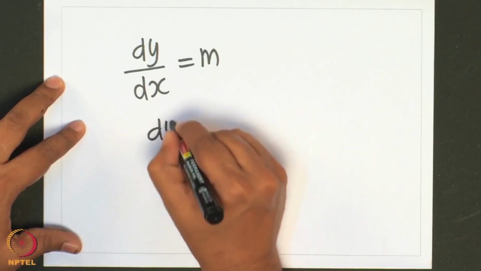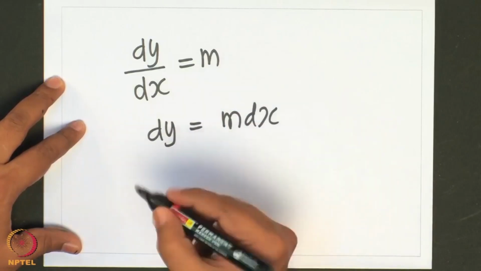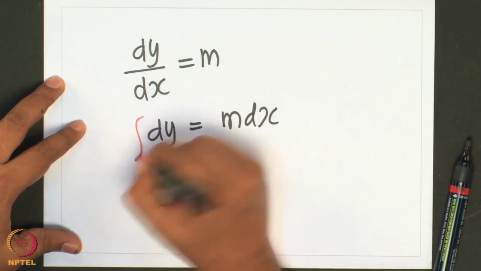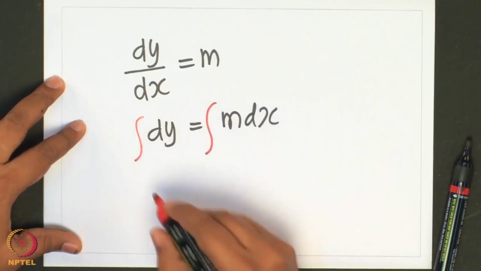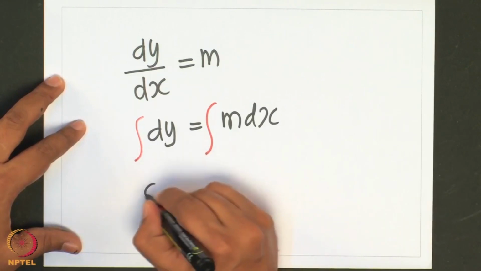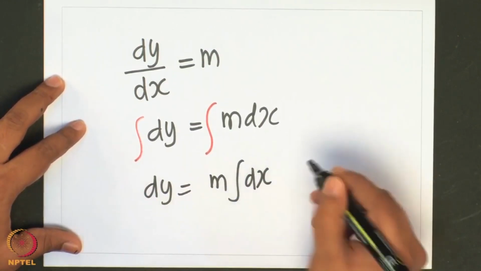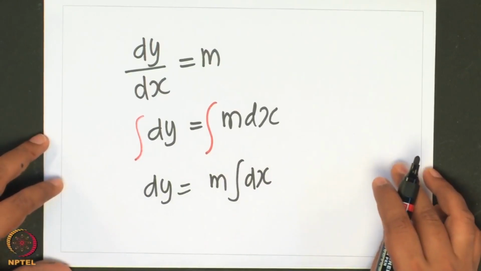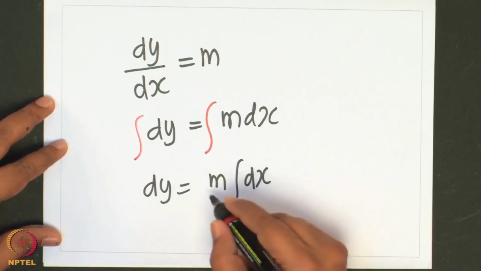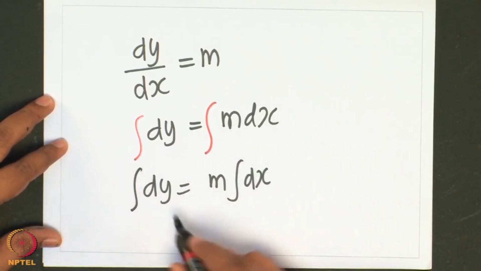We can write dy is equal to m dx. I take this and integrate on both sides. And if m is a constant, I can take it outside. That means I can write the integral of dy is equal to m times the integral of dx, and if I have this, the integral of dy is y